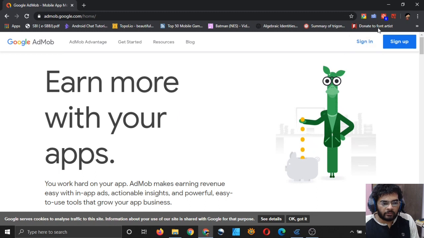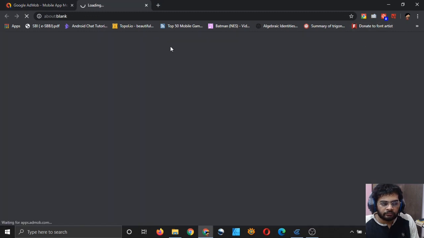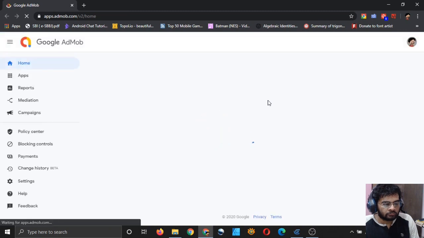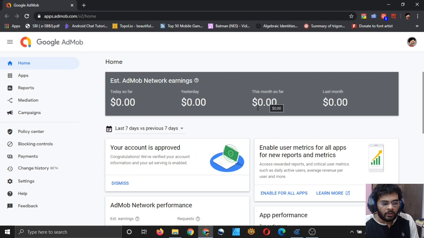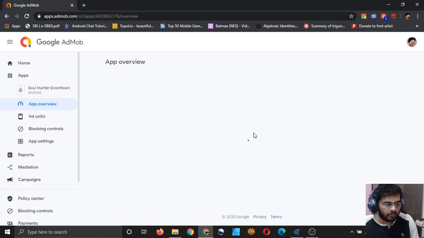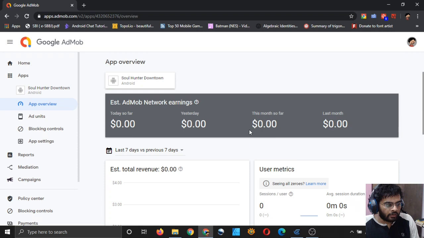So you will see something like this. Then sign in. And now you can go to your apps, and I have three apps. I want to go to my SoulHunter Downtown app, so I will click on it, and you are in your app.